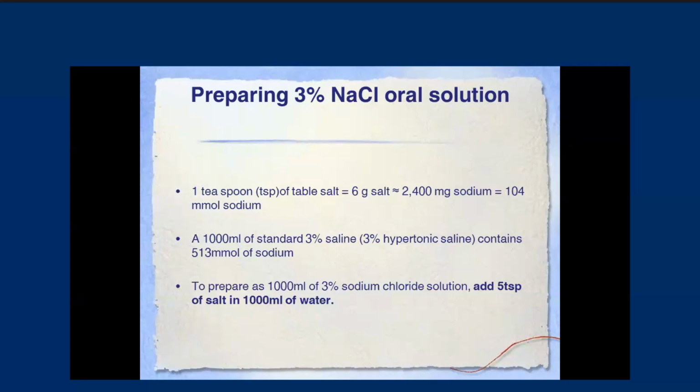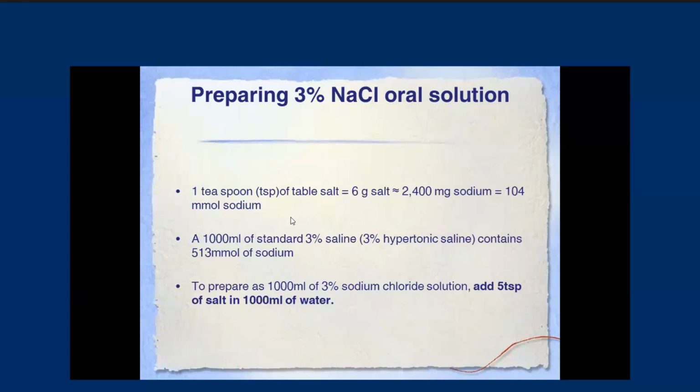So 1 millimole of sodium is equal to the molecular weight of the sodium, which is around 23 grams. And to change the sodium in milligrams to millimole, we can divide it by 23, which gives us around